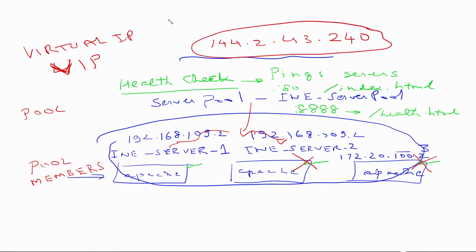So when you HTTP to this address, the load balancer checks what is associated with this pool. This virtual IP address is associated with this pool, and because of that, one of these servers is chosen, depending on the